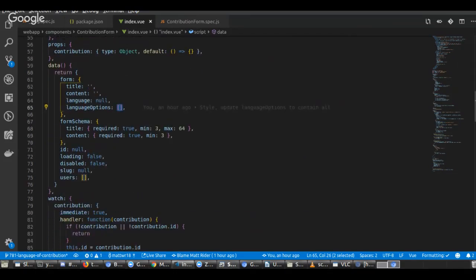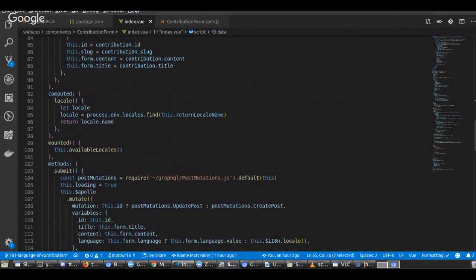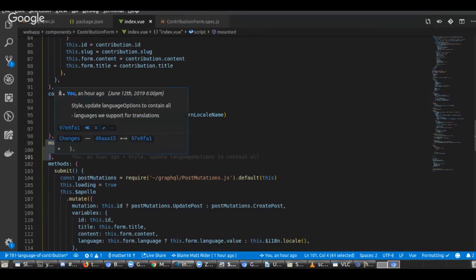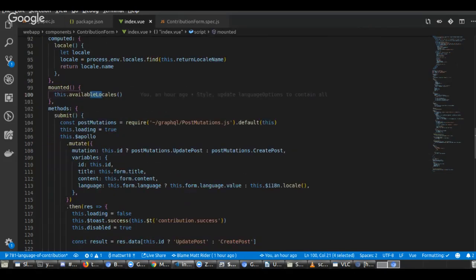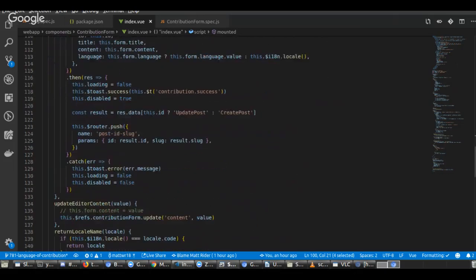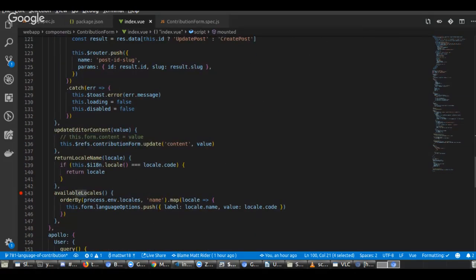Then, when the component mounts, it calls this function availableLocales, which grabs by order first and then by name, and it'll grab process.env.locales and map those. And for each locale,